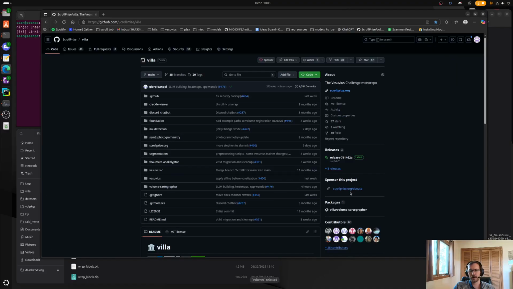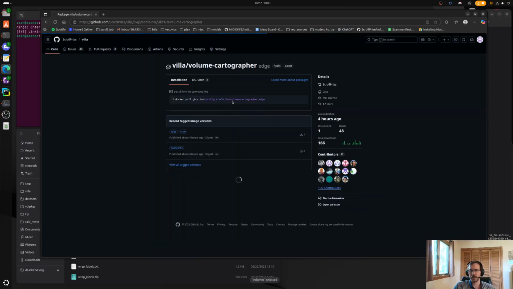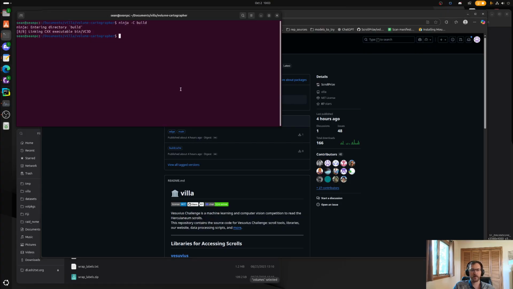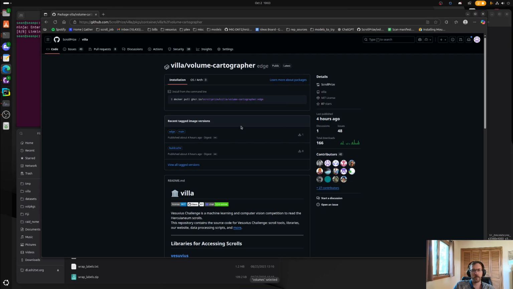Otherwise, you can pull from the Docker, which is always in this packages thing. This is the latest image, which gets built and updated every single time that we merge anything to the volume-cartographer repository. And you can just type this in to pull it. I have it built from source locally, so I'm going to run it that way. If you want to run it though,